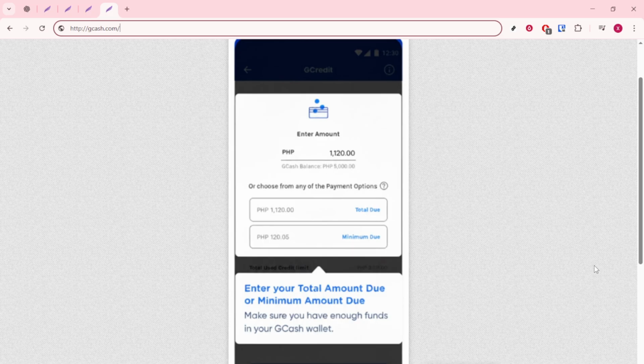Confirm the transaction and complete the payment. Double check the total, and make sure you recognize the details on the confirmation screen. Once you approve, the payment will process and should reflect almost instantly, though some transactions can take a few minutes. Keep an eye out for the confirmation message or receipt in your transaction history, which you can revisit later if